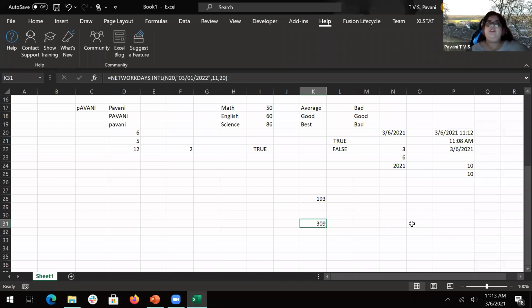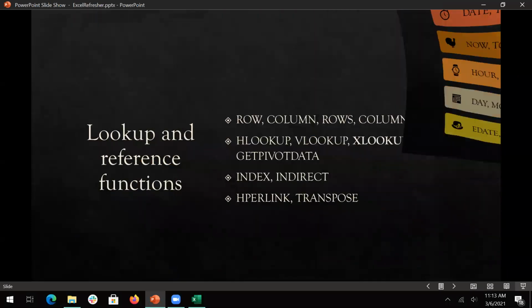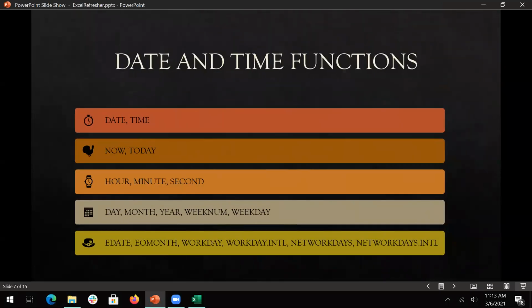So these are something which you use when you do accounting stuff, accounts, or if you want to know how many working days you have. These are very useful functions. So I hope these are useful. And are there any questions here? No, I'm moving on then. But now I know better how my manager keeps a record of my net working days.